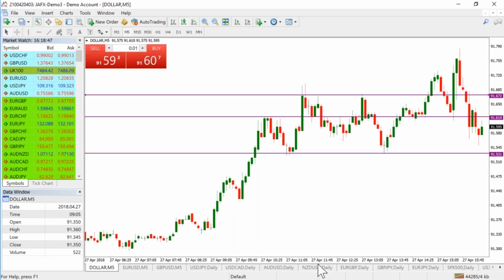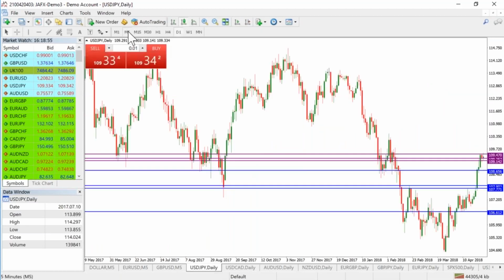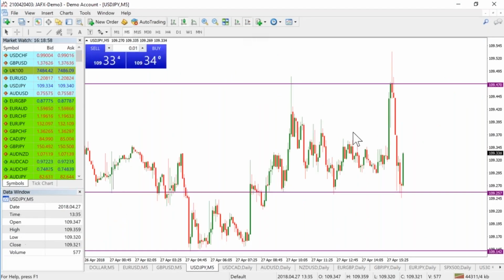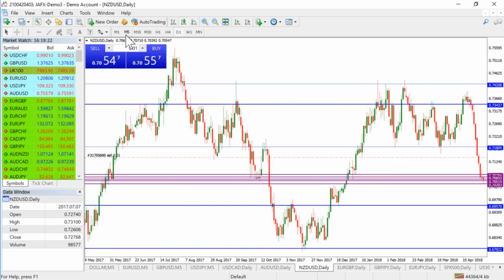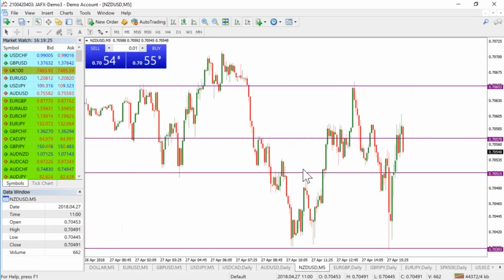So we took an 11 pip loser pretty quickly in the dollar index. I suppose that's just part and parcel of trading in the financial markets, but maybe it's telling us today is not the day in which we should be trying to capitalize on some market moves. The daily time frames are telling us that some of these moves have already happened. Now we are getting a nice little bounce off this level here. It's very likely to be more of a range-bound trade than a trade that's able to break new highs. We'll obviously wait and see.